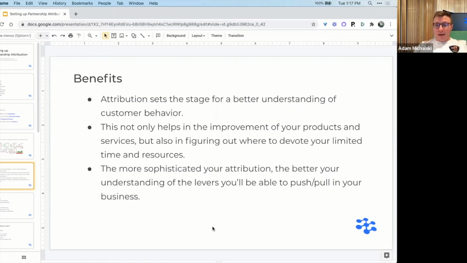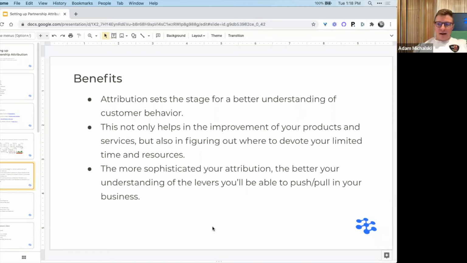And as we're all aware, whenever you actually get partnerships involved on deals, or partners more broadly, it leads to new pipeline and faster deal cycles. You can close deals faster and for more money. We already know that partnership organizations are doing this, but without the actual data backing it up, you're kind of just sitting out there saying, oh yeah, by the way, we're driving all this value. And then people are going to be like, well, I don't see a report, so it doesn't matter. So it really requires getting all of that data infrastructure in place so that you get all the credit for the awesome work that you're already doing.